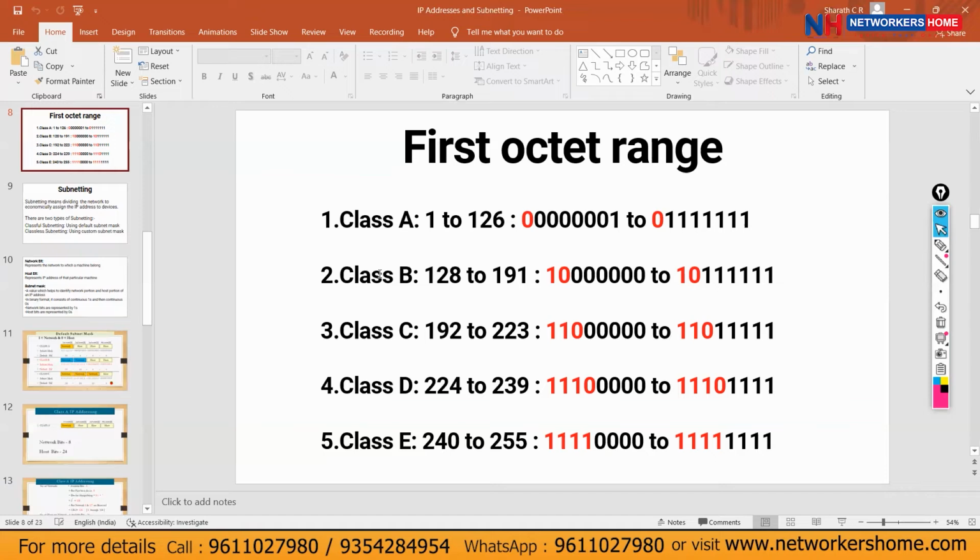Because for class B subnetting, we need to use a class B IP address. I've taken a class B IP address to explain, so here I have used 172.16. Just the IP address is changing, nothing else. Just the numbers have changed for you to understand.